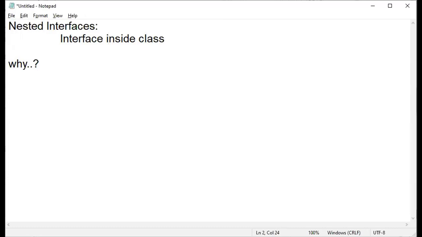This can also be called a nested interface. That means you have written one interface inside some other class, right? So this is a nested interface, or an interface within another interface, right? Even this can be called a nested interface, right?